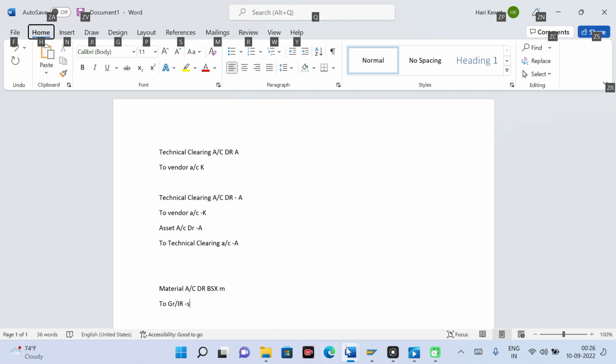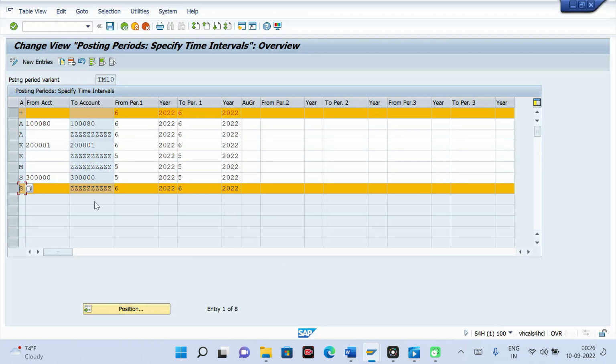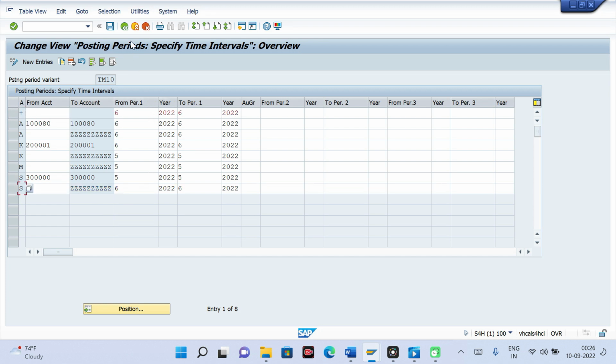Now, very important, one thing you have to remember: generally during your development, you have noticed that when you are making any changes, it gets saved in the TR. So this is a TR related activity. Now what happens during development is that people or consultants generally open all the periods for their testing purpose. So you need to be very cautious before it goes to production.